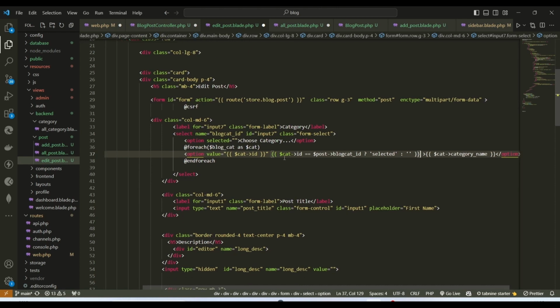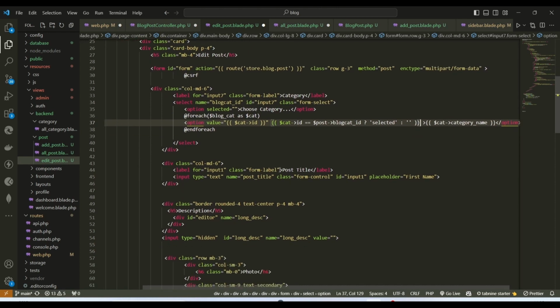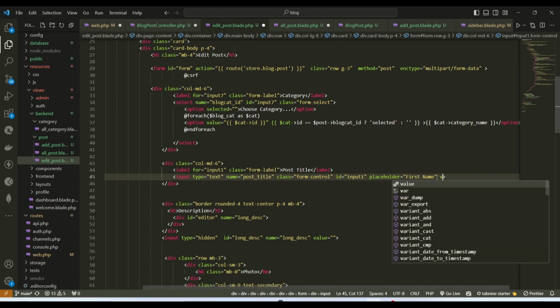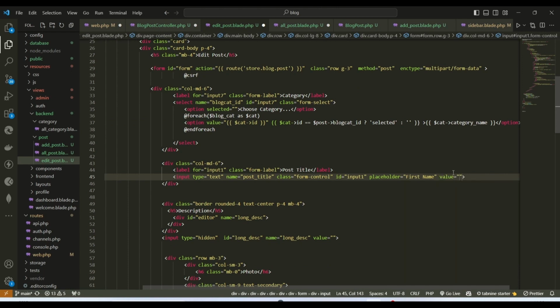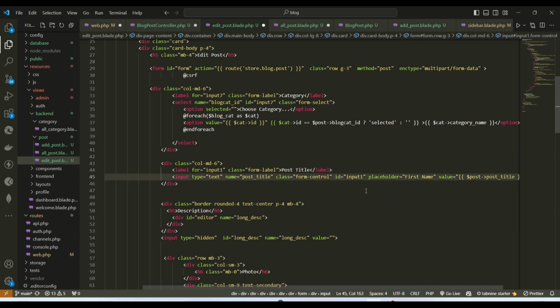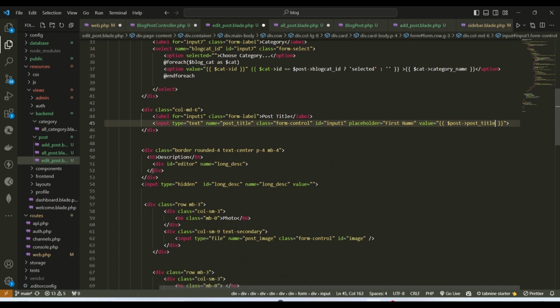So now after doing that for the category, we'll come to our post title. And inside our post title, we are going to need our value. That'll be value. Then inside our value, we want to display our post title. So we'll get our post title using this post variable. Then the field name is post title. We'll paste it. Then our description,